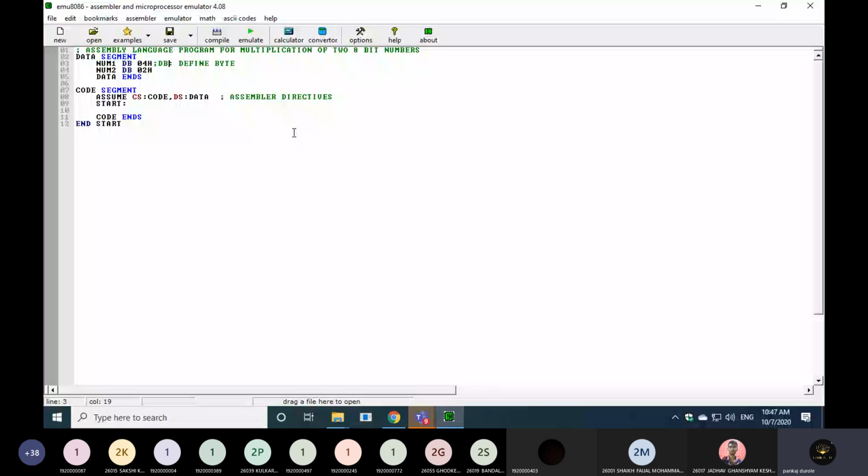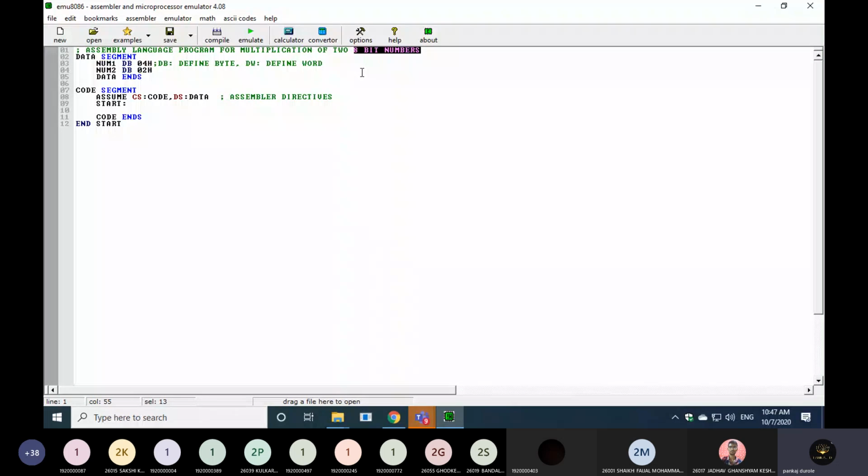If I need to take a 16-bit value here, I will use DW. In the comment itself I am telling you what DW is. It is called define word. It is a 16-bit number which I would like to take. Here the problem statement given to us is to write the assembly language program for multiplication of two 8-bit numbers.